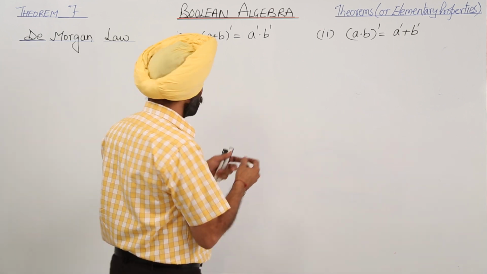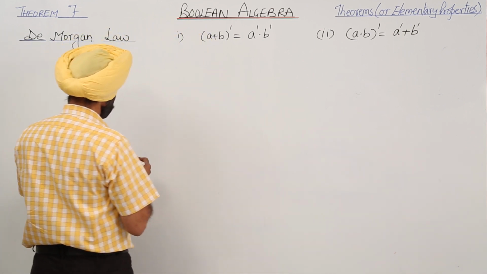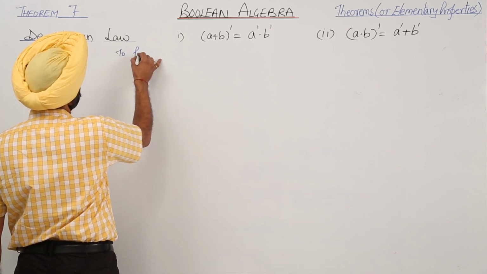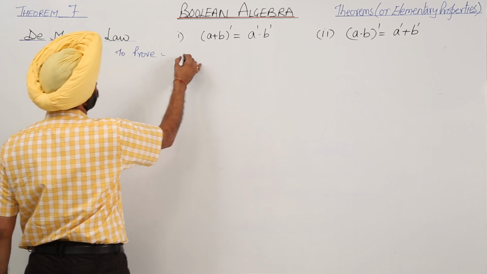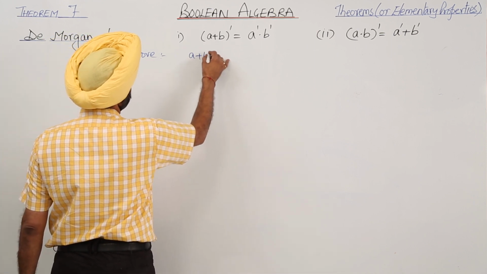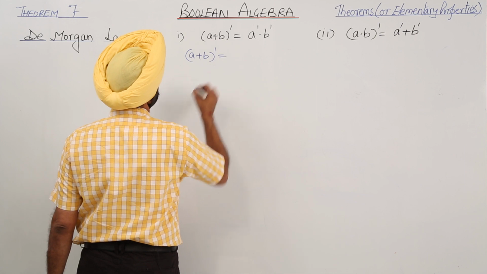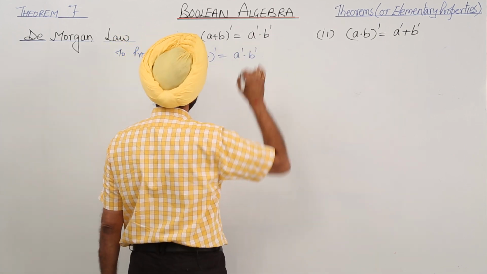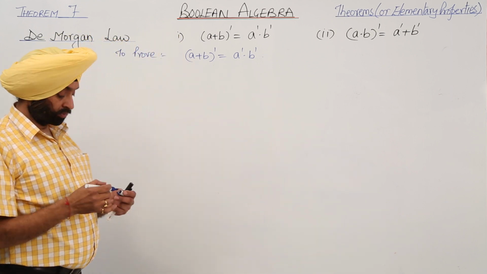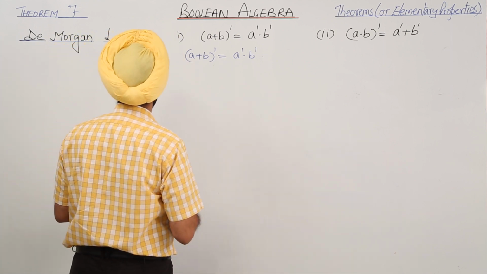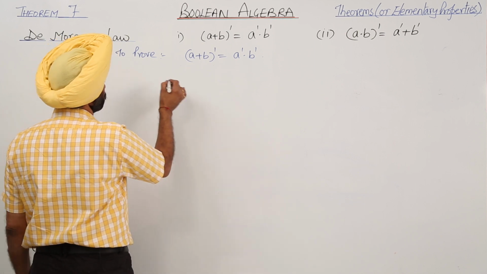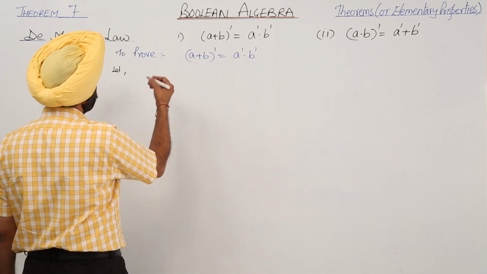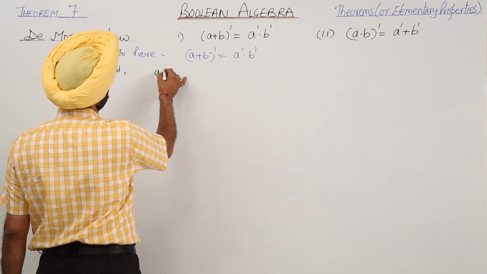Okay, so let's go with the first one now. To prove: inverse of A plus B is equal to A inverse dot B inverse. Now how are we proving this one? Let's prove. Now what we can take is A plus B